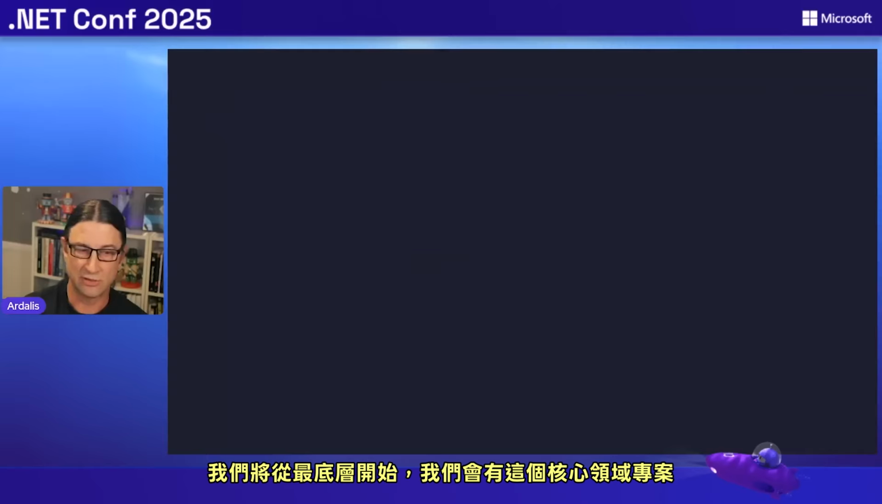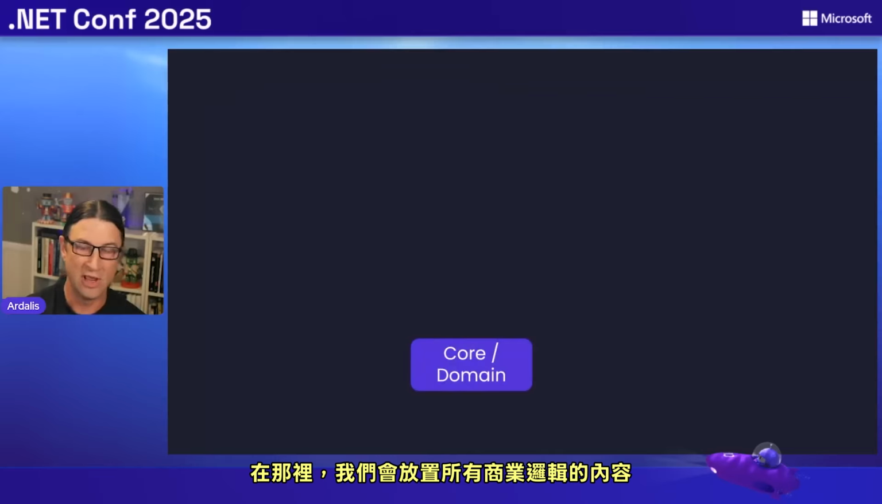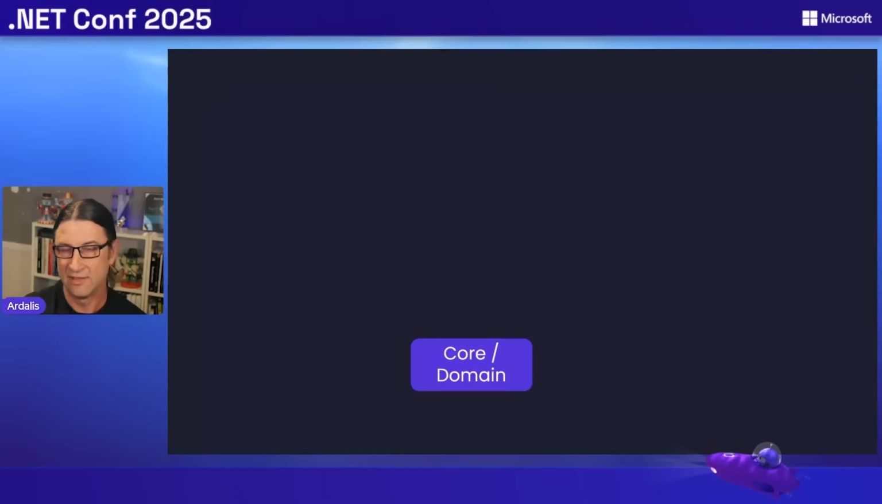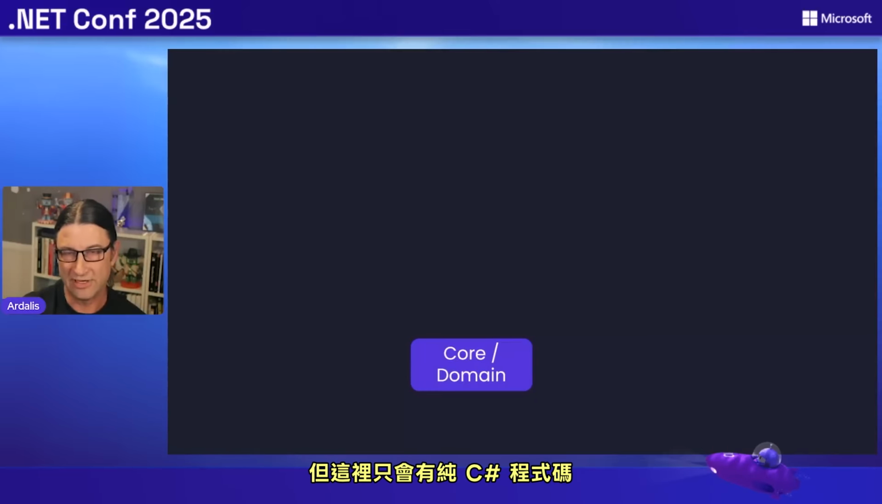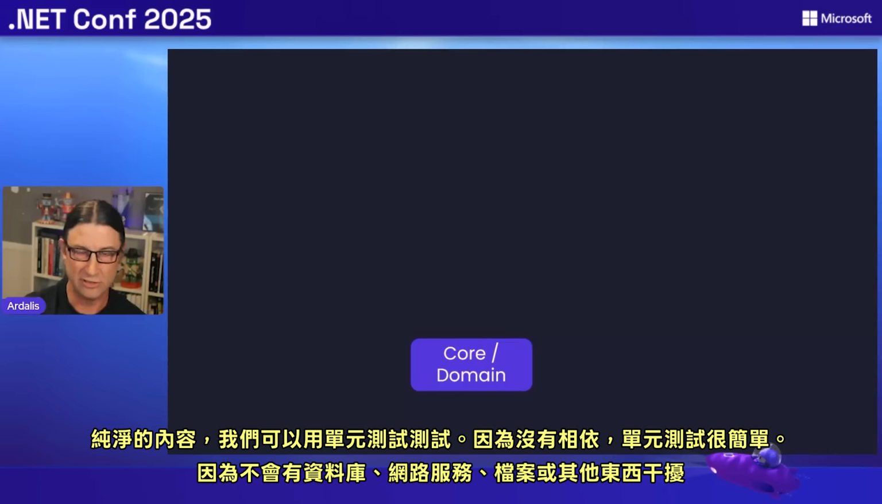All right, so we're going to start at the bottom. We're going to have this core domain project, and in there we're going to put all of our business logic stuff, our domain model if we're doing DDD. This is going to have our entities. It might have value objects and aggregates and other DDD stuff, but it's going to have just pure C# code, pure goodness that we can unit test with no dependencies. And unit testing is easy because we don't have databases and web services and files and all the other stuff